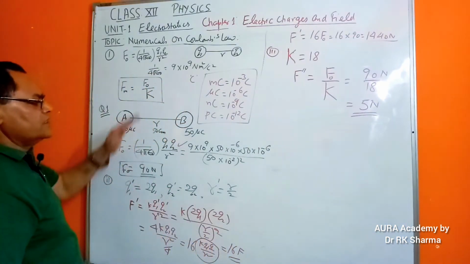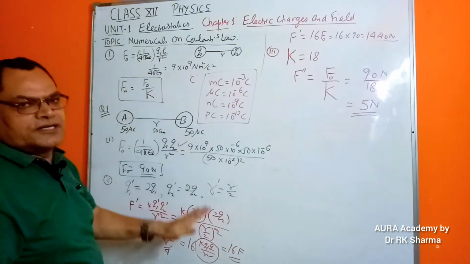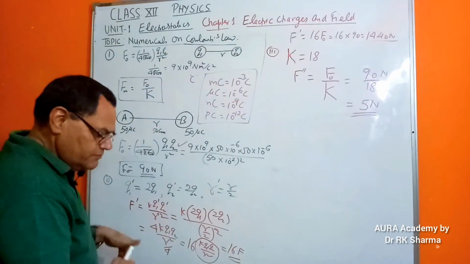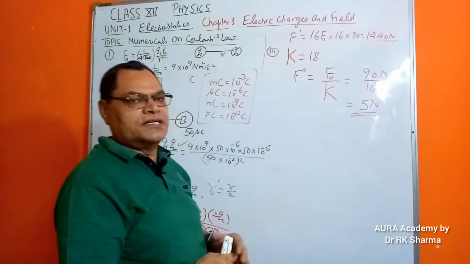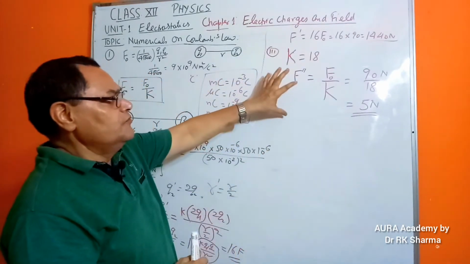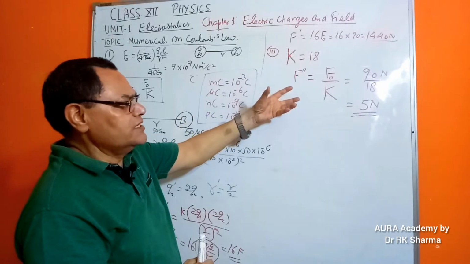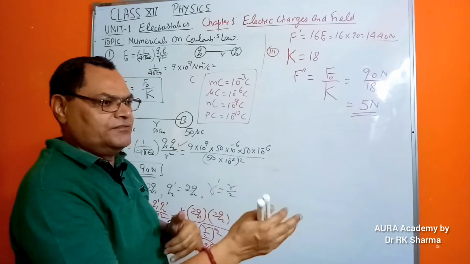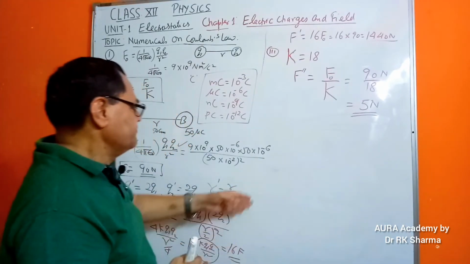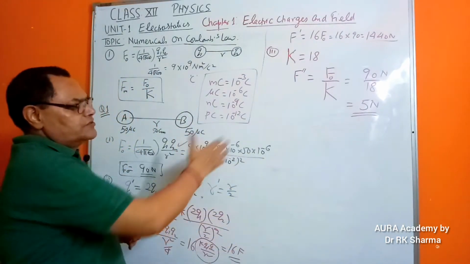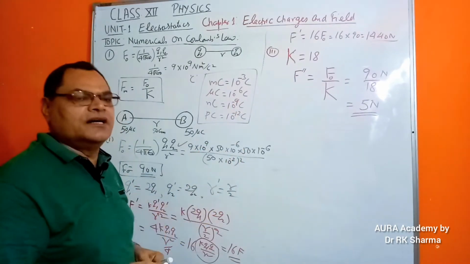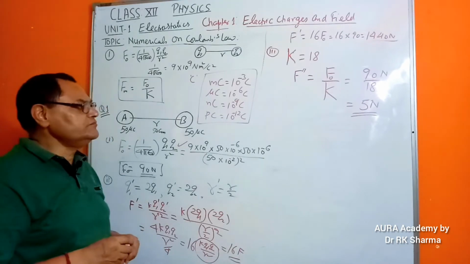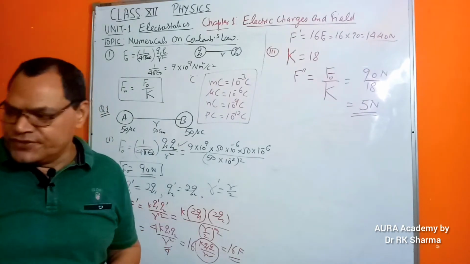So this way we can solve. Basically it was not just question 1, there were 3 parts to it. The first was simply direct substitution, the second part was a little bit modified, and accordingly the third part as well. So when the system of charges is immersed in some medium, what is the new force if charges are doubled, tripled, distance is halved, or becomes thrice and so on? Such types of questions are asked in your competitive examination. I think it's clear. All right, so we will proceed further.